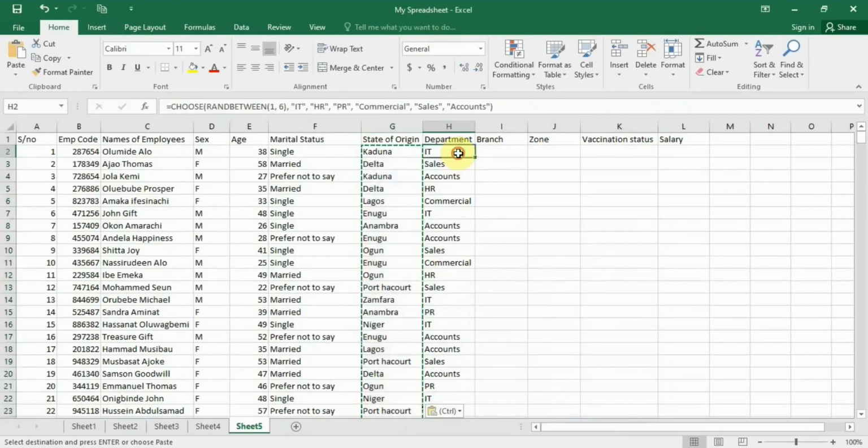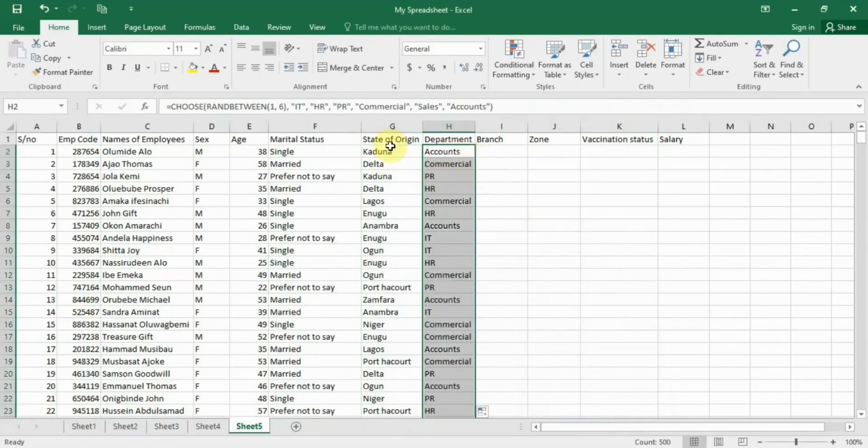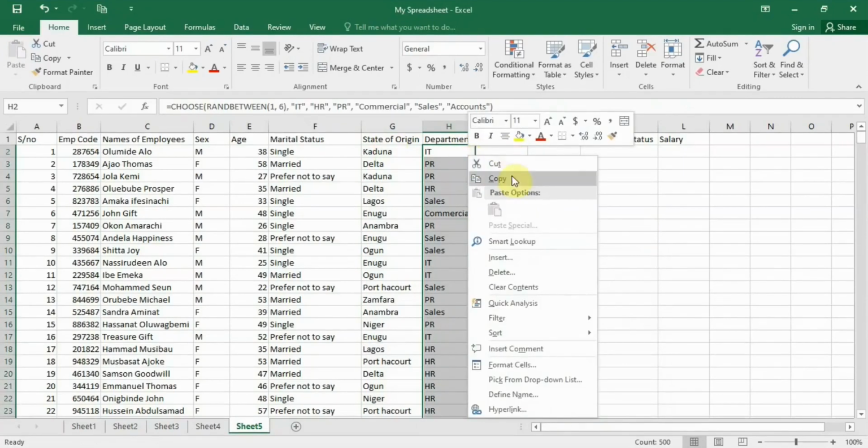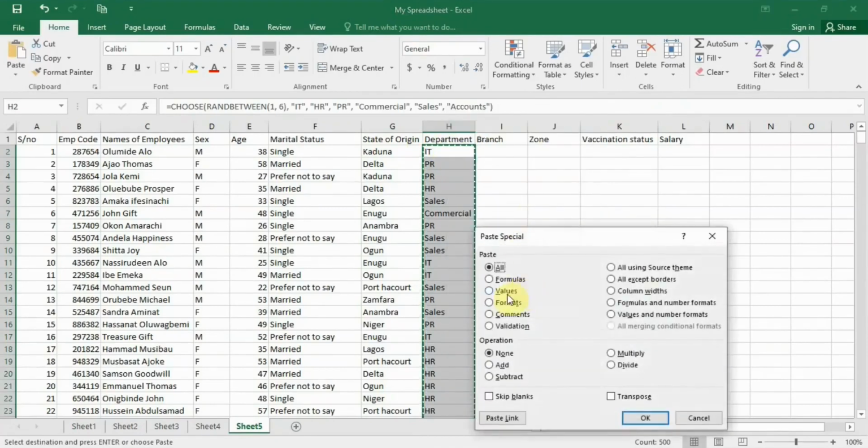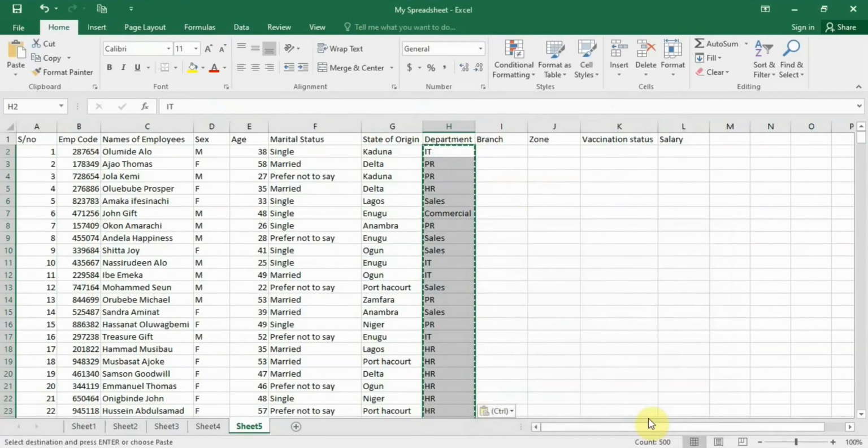Okay. We'll do the same for this one now. So if we use the autofill handler here, this one go dey static, it no go change again. So now why we dey copy and paste only values, paste only the values. Okay, so we don't get only values now. So for our branch,